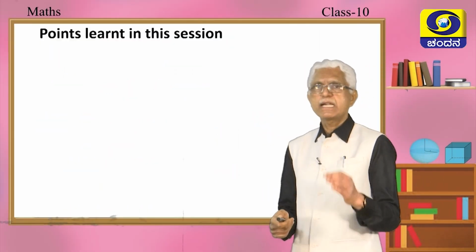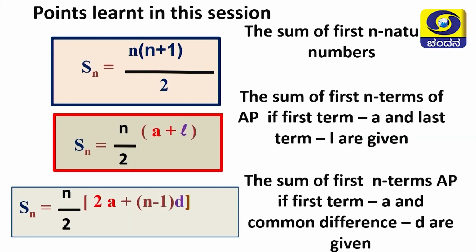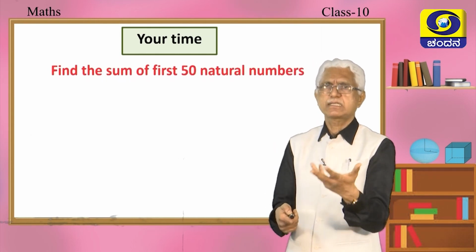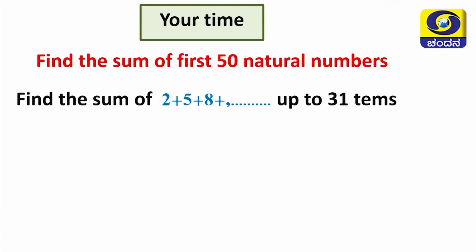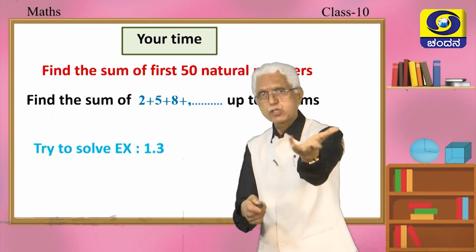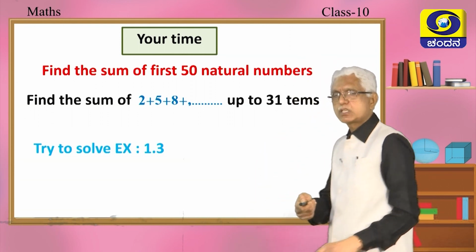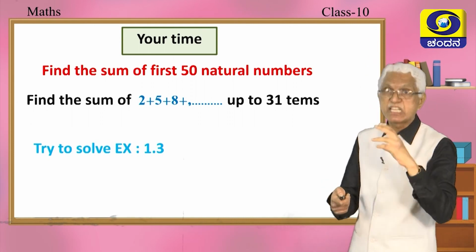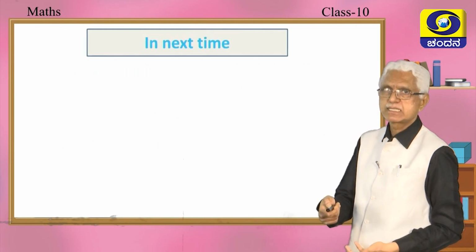So what are the points we have learnt in this session, session number 4, okay? Please watch. Now it's your time, my dear boys, a small activity or an exercise for you, correct? Find the sum of the first 50 natural numbers. 2 plus 5 plus 8, common difference is 3. How to find? So, with these two also work out the exercise 1.3, I am sure with this you will be in a position to understand all about arithmetic series, the 3 formulae that we derived and how we made use of it. Okay, that is wonderful, that is great.